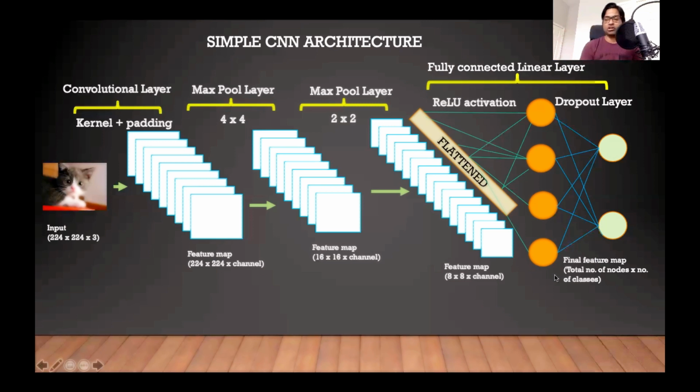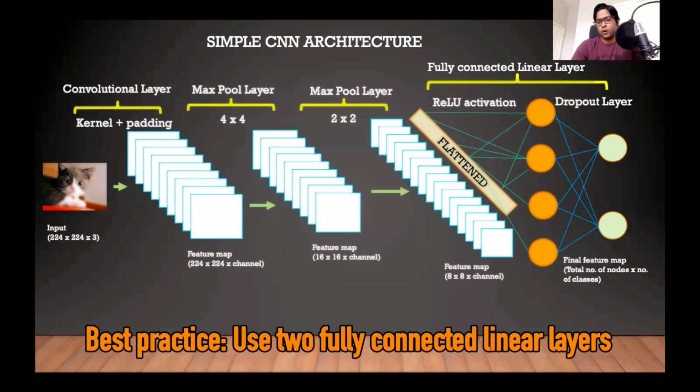So in the hidden layer section, sometimes we perform the activation function before the hidden layer, or in between the hidden layers, or sometimes we do it after the hidden layer. In general cases, the best practice is to use two linear layers. You get the feature map from the convolutional layer and pass it on to the first